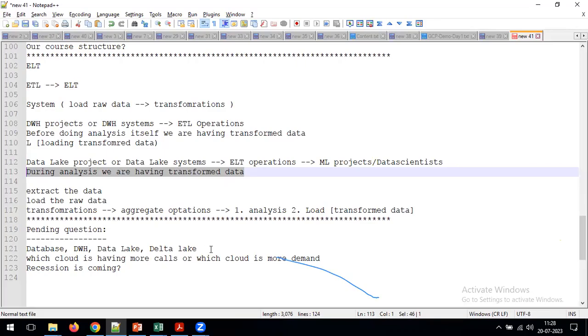Yes, correct. If you give the dot read, it is going to perform the reading operation. Then if you perform dot join or dot aggregate operations, all of these are happening in the cache. Then at the end, if you perform the dot write operation, it is going to write the data into our target storage layer.